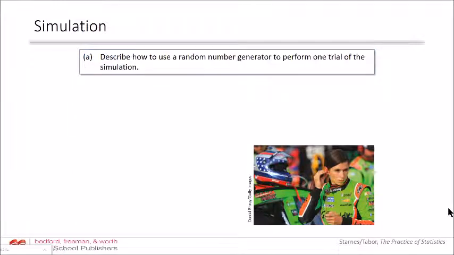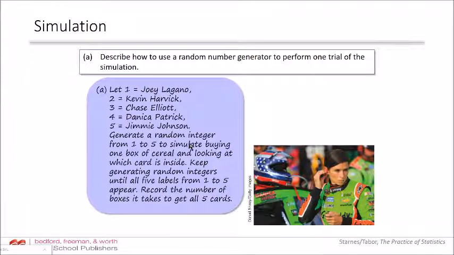So part A, describe how to use a random number generator to perform one trial of the simulation. So here's what we can do. Assign numbers 1 through 5 to each of these people. And then we're going to use the random number generator. Now you know how to use a calculator. You could use random number generators on the computer. There's all different kinds of things. Or even slips of paper. You could write down the numbers 1 through 5 on little pieces of paper, fold them up, mix them up in a hat, and pick them. Something like that. But in this case, generate a random integer from 1 to 5